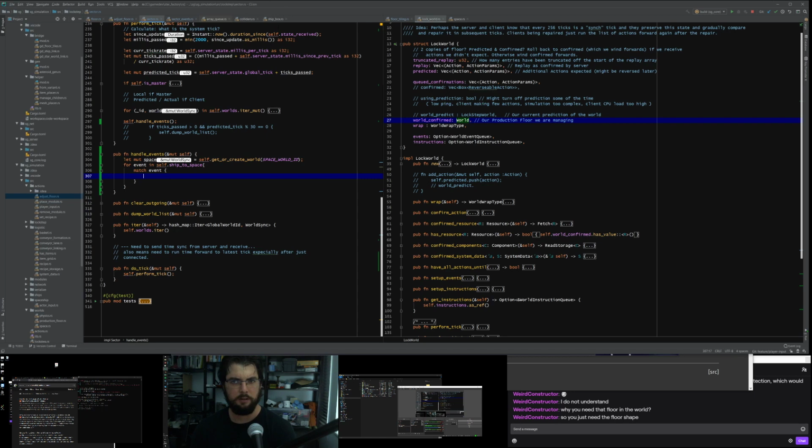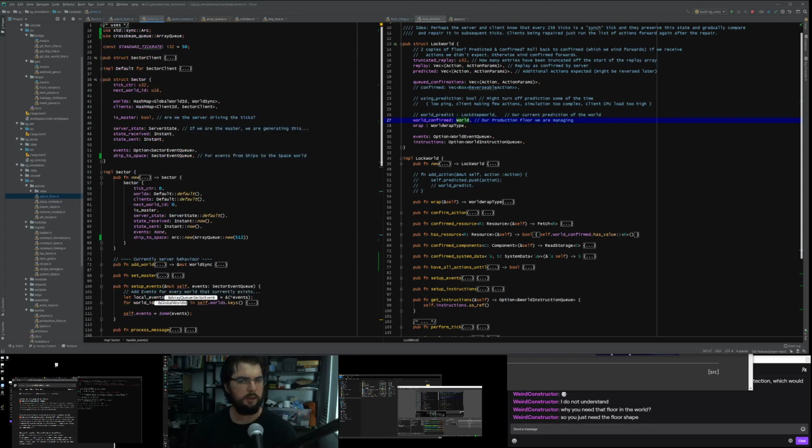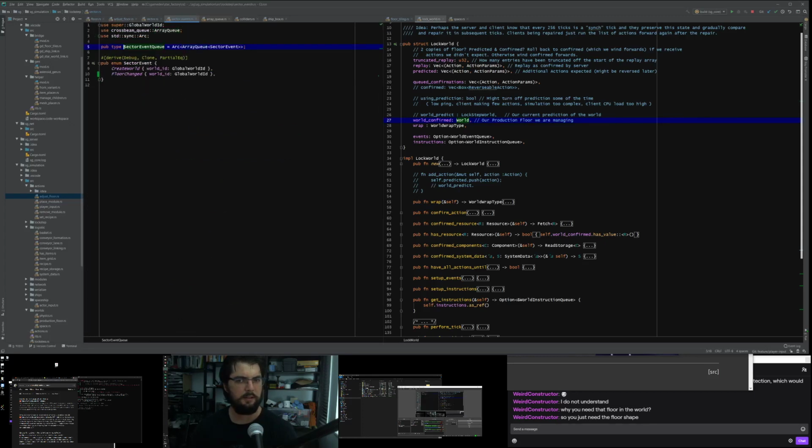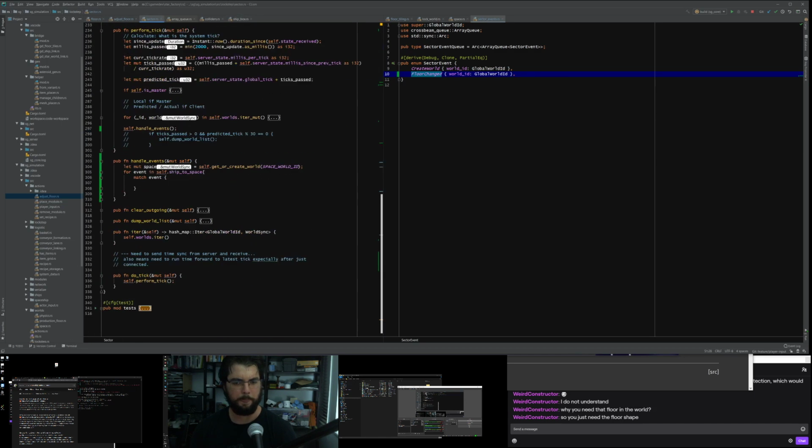So I want that list of all possible events, which is in the sector event queue definition. It's this floor change one that I really care about. I'll just put this over here so I can see it again, because I keep forgetting what I've got to worry about. So down here in match, I want a sector event. I want create world.